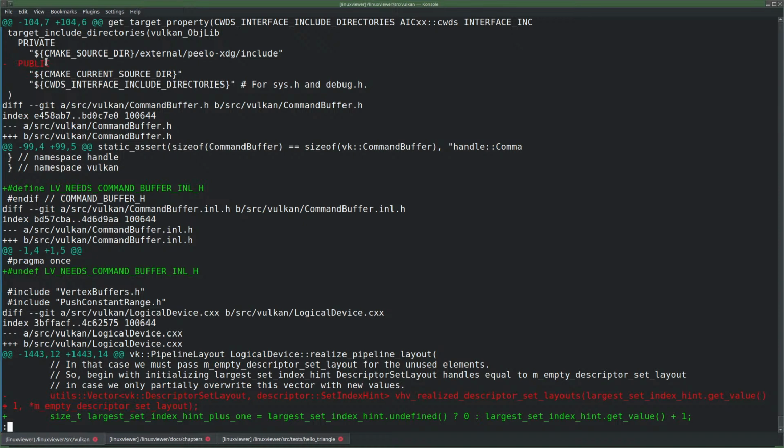I removed the public and then after that, oh my god. The amount of changes required. That was ridiculous. I still have only a vague idea why.